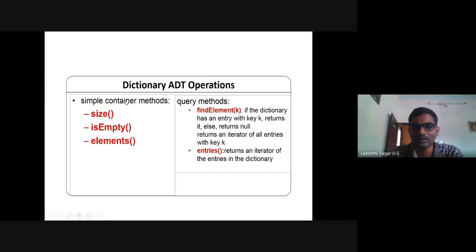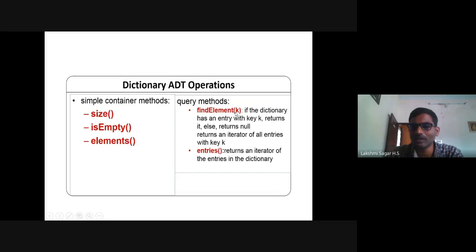Here we'll see the simple container methods. Size is used to determine the size of the dictionary. Whether the dictionary is empty or not, to check that condition we can use this keyword. Next, elements: in order to read all the elements of the dictionary, we can use this keyword. Next, the query method.